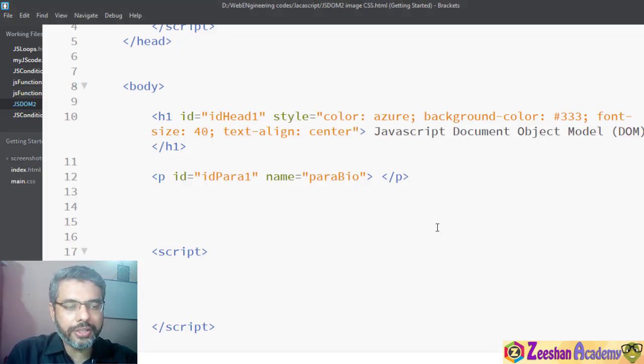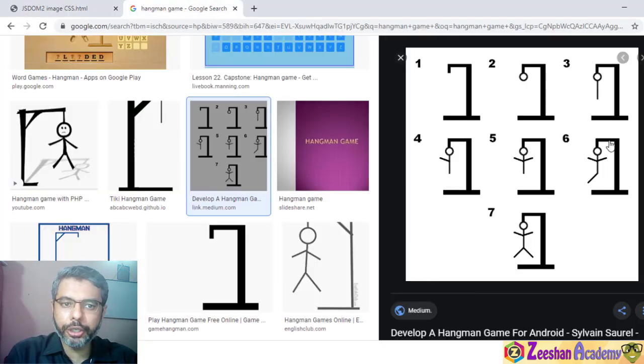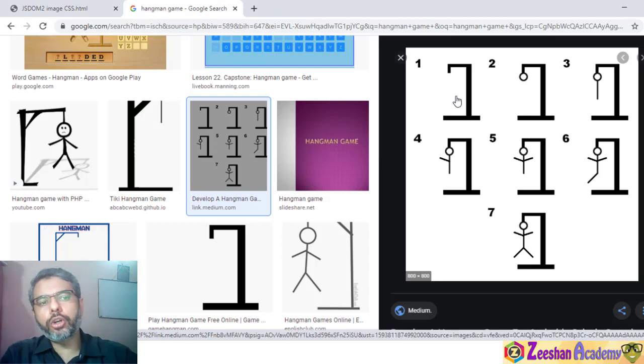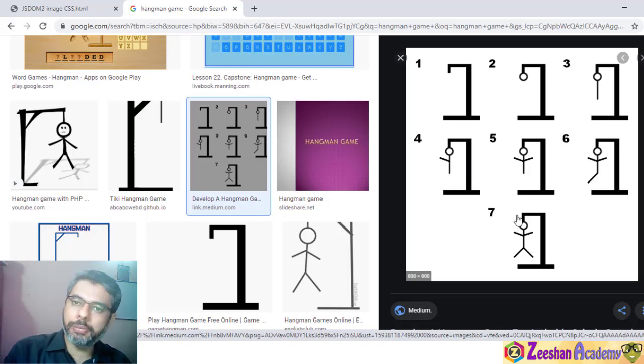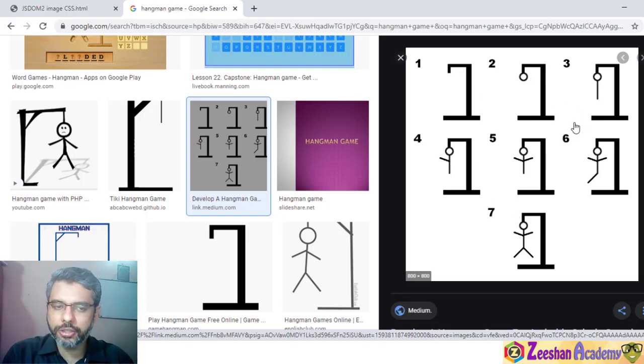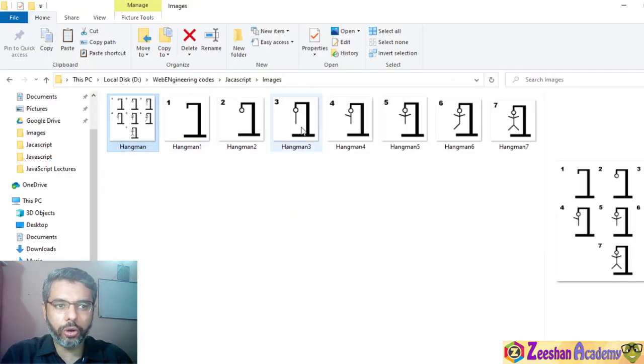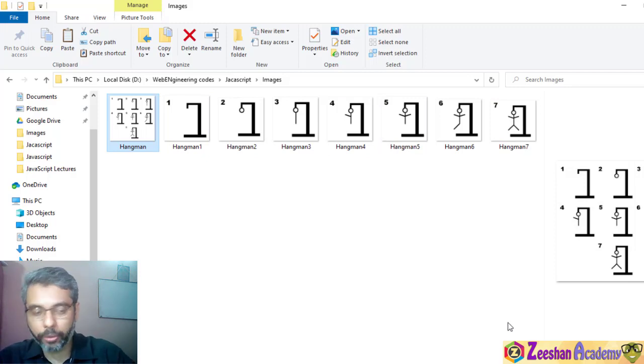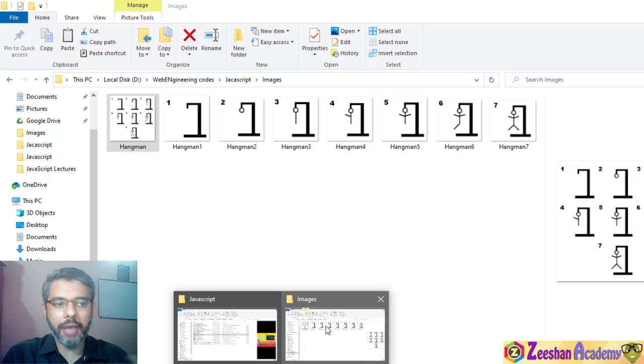Now what I want basically to do is, I was planning for a simple game called Hangman. So we've searched for a particular image for a hangman, and now we want that every time the user makes a wrong guess, the image is automatically changed. So there's a single placeholder for an image, but the image is being changed continuously. I downloaded this image and cropped it into 7 different parts. Now we want to change this image every time the user makes a wrong guess.